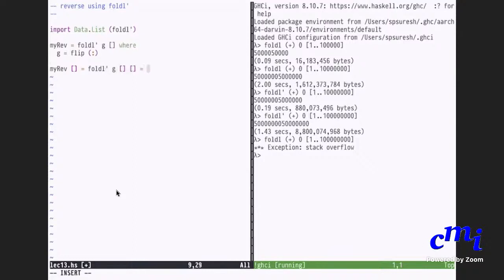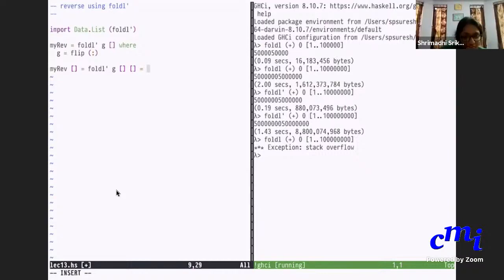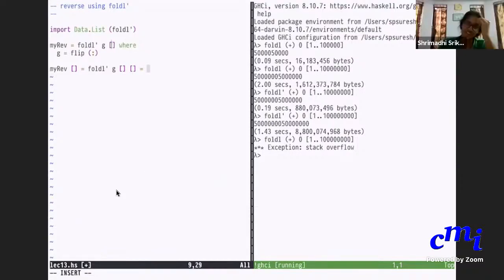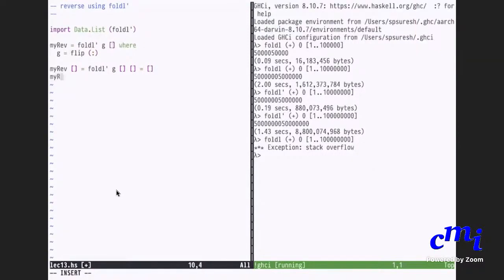What is foldl' of G, empty list, empty list? V in this case is the empty list, so we should just get the empty list. So myrev of the empty list is the empty list.